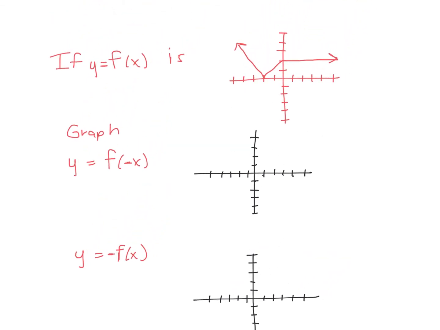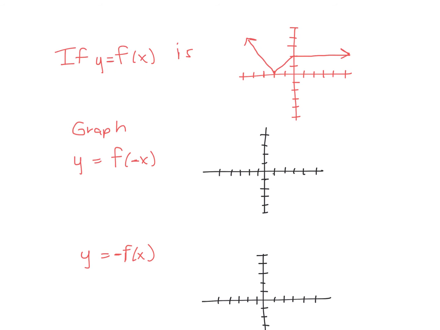Here's a couple other examples. So here, y equals f of x. This is an interesting looking function. It does pass the vertical line test. All right, so to graph this, first one is y equals f of -x. Remember, this is a reflection over the y-axis. So the graph of this, I would reflect each of these points over the y-axis. So what I'm going to do is look at these important points. So this point, which is (-2, 0), would become (2, 0). The (0, 2) point,